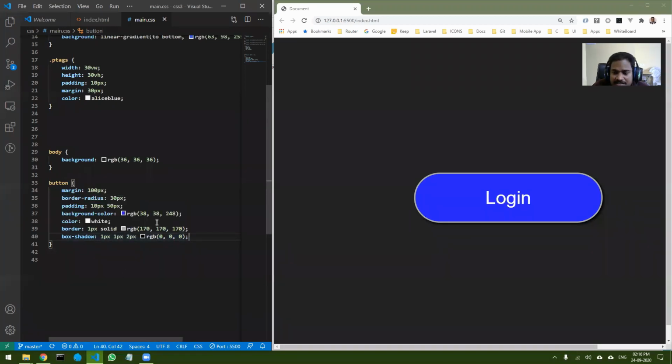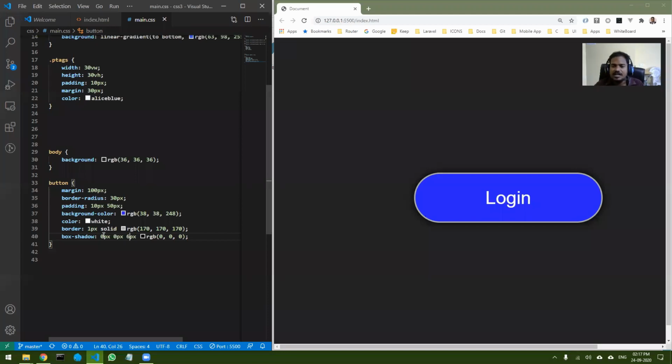Now this is one way of doing it, right? This is when you want the shadow to look like the light is coming from one direction. Now let's suppose you want to glow a particular element. This looks like a shadow, but if you want to glow something, then your X and Y should be 0. There should be a blur. Let me save it and show you. You can see it is there, but the amount is very less. So let me make it 6 pixels, and you can see now it is all around. You can see there is a blur.